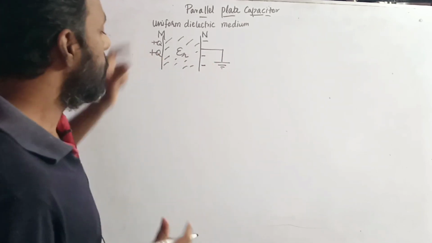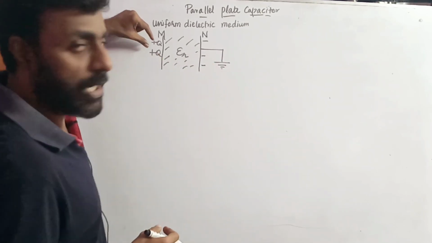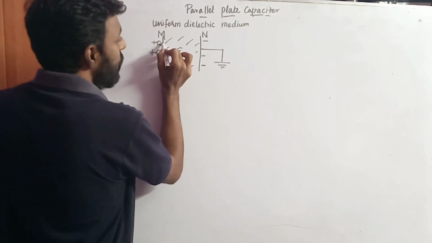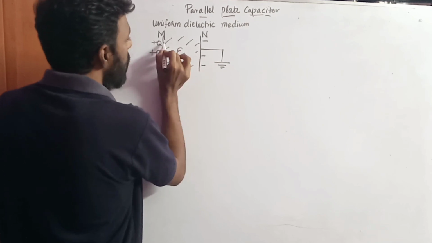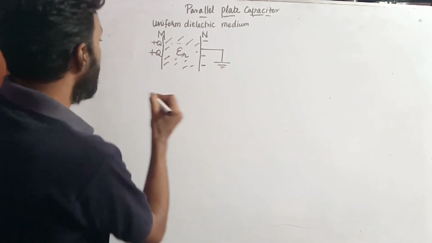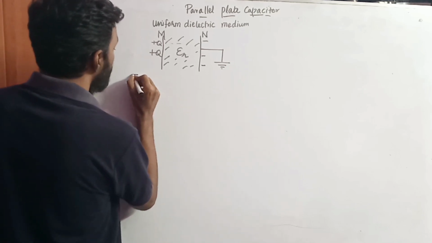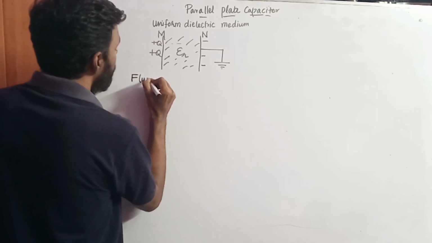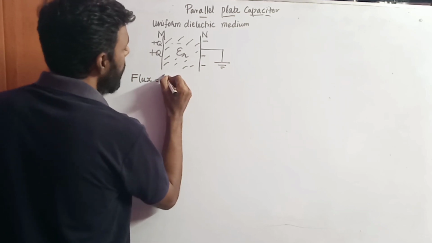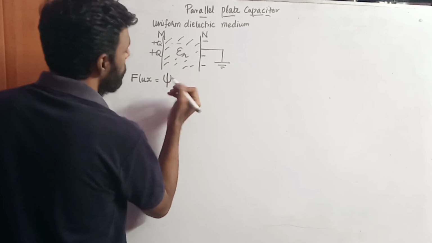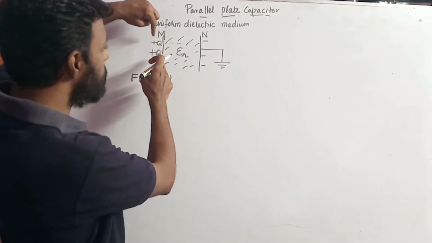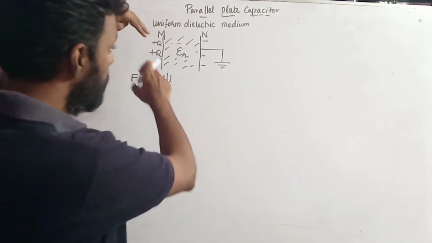First thing we need to do: when I apply a voltage here, what will happen? A flux will be flowing. Flux will be passing through this dielectric medium. For that I am indicating the flux, which is denoted by the Greek letter psi. Because I am applying a voltage here, flux starts moving